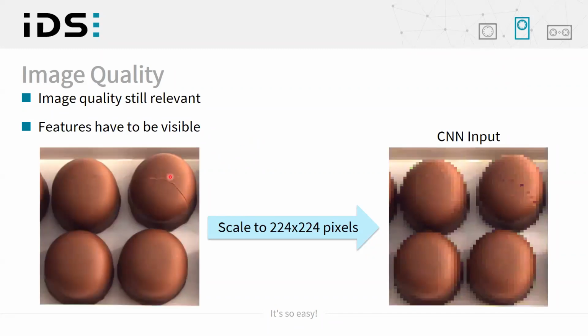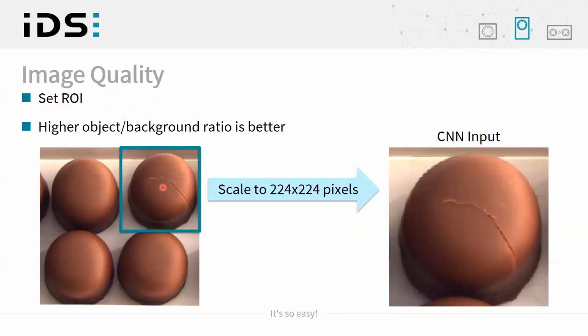So now we zoomed in a little bit, and as you can see, the feature is visible in the image, but still this is not optimal because you'd like to label this here as a defect part, but you also have several good parts here in the image. So it will be much harder for the neural network. It will take much more data to learn the difference because you have good examples here as well, and only one of them is wrong.